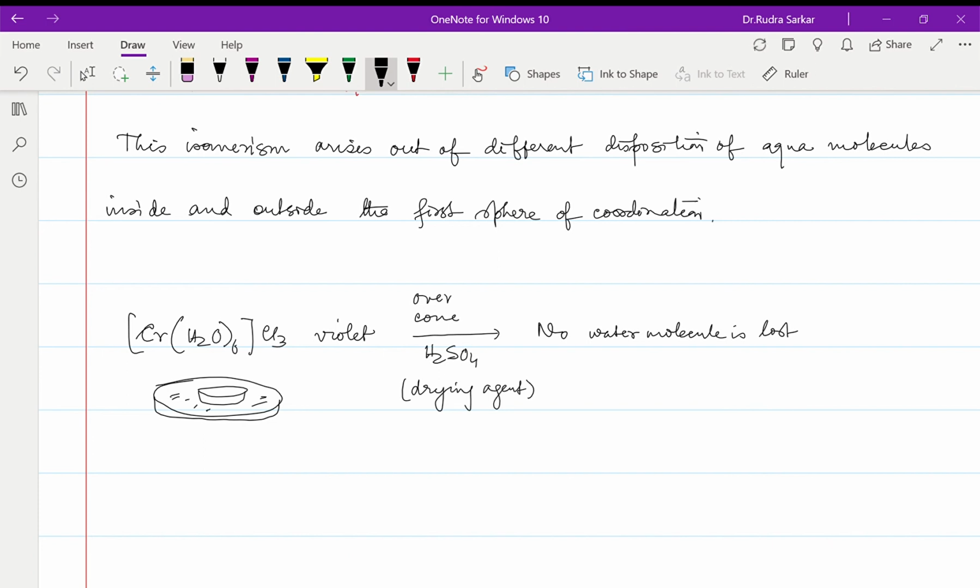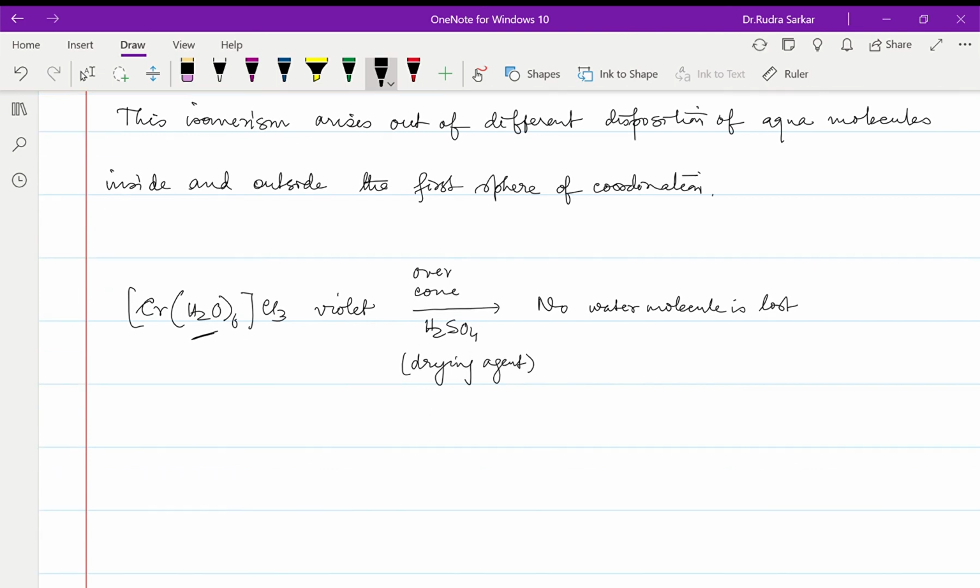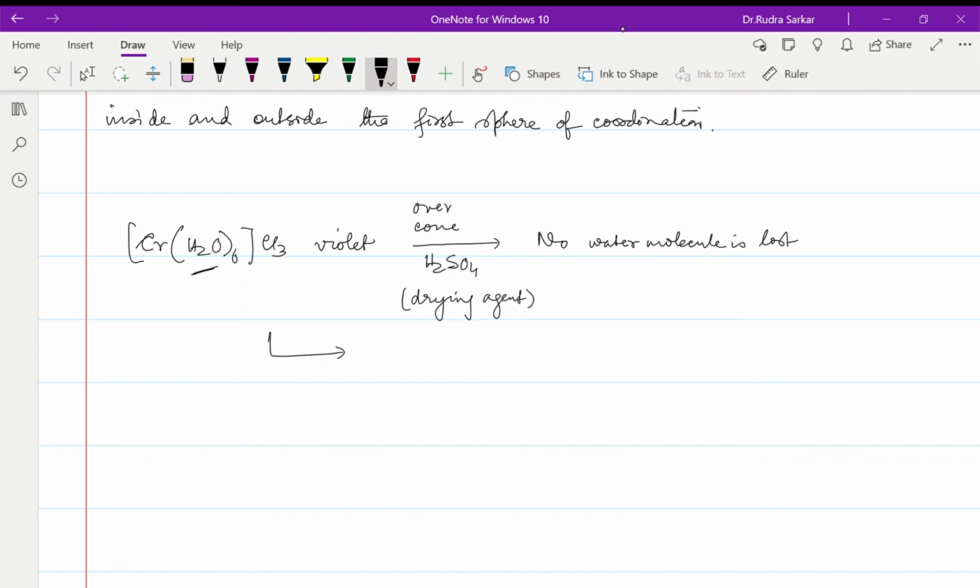So what will happen? If this water molecule was outside the complex, then these water molecules will be lost. But if it is inside the complex, or the secondary sphere of coordination, or we can say directly coordinated to the chromium, then the water molecules will not be lost. That is basically the physical picture that you have to understand. So if the water molecule is inside the complex, that is the coordination sphere, it will not be lost. However, if you were to add AgNO3 to this complex, aqueous,